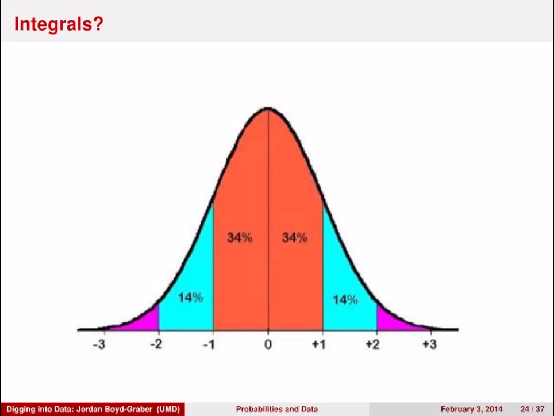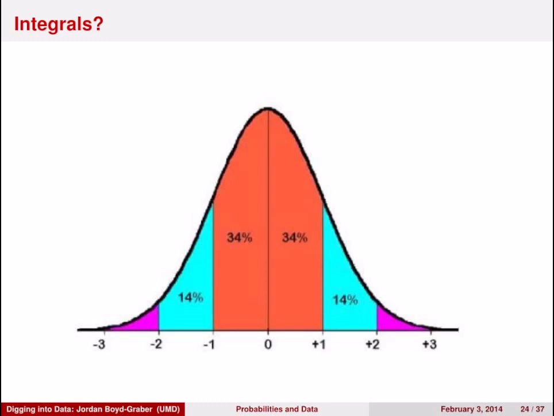Between 0 and 1, there is a 34% chance that you will land under that part of the curve. Between -1 and 1, there is a 68% chance that you'll land in that part of the curve. This is all we're talking about when we talk about probability densities. And the ranges are simply integrals that you can look up in a table. So this is what the normal distribution looks like